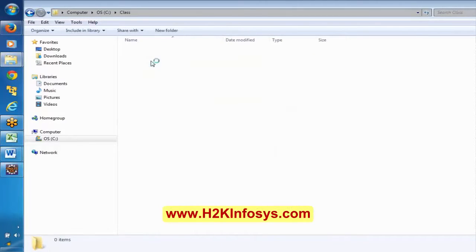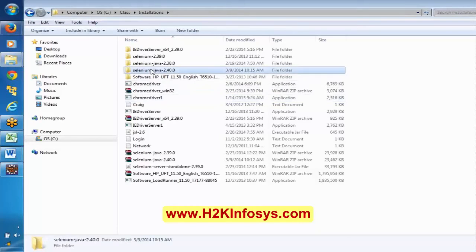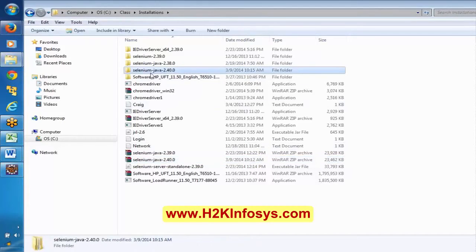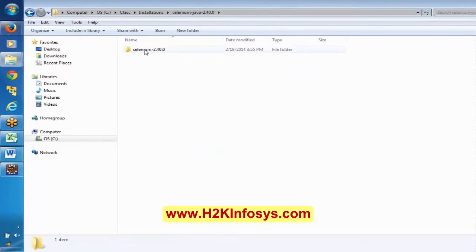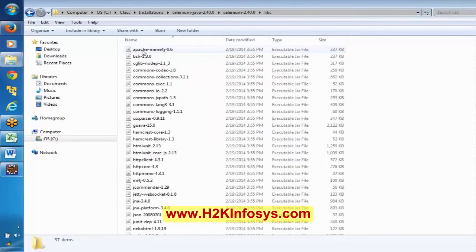Everyone observe here, I have Selenium Java 2.40.0. I downloaded this and then I unzipped it. Once you unzip it, you will get jar files like this. If you open this, these are all the Selenium supporting files.